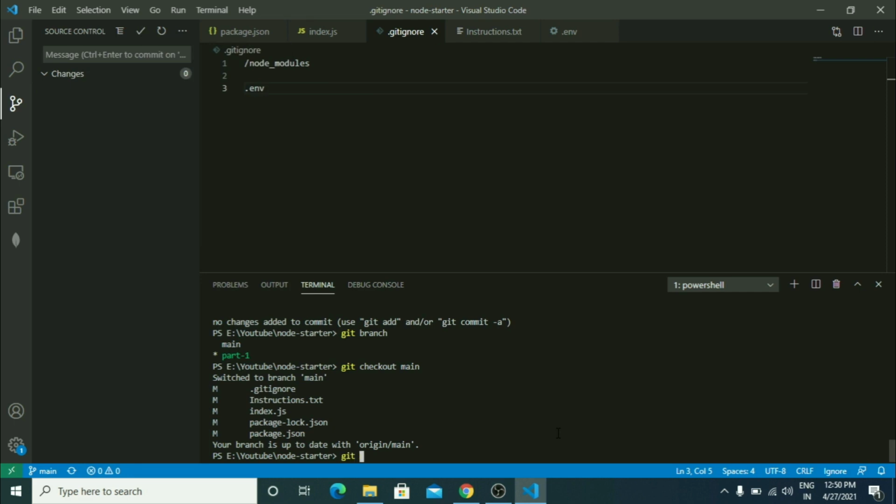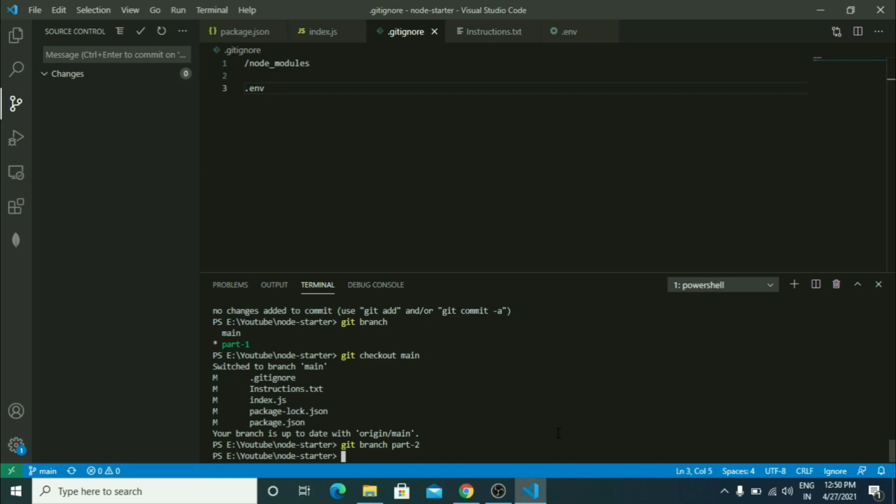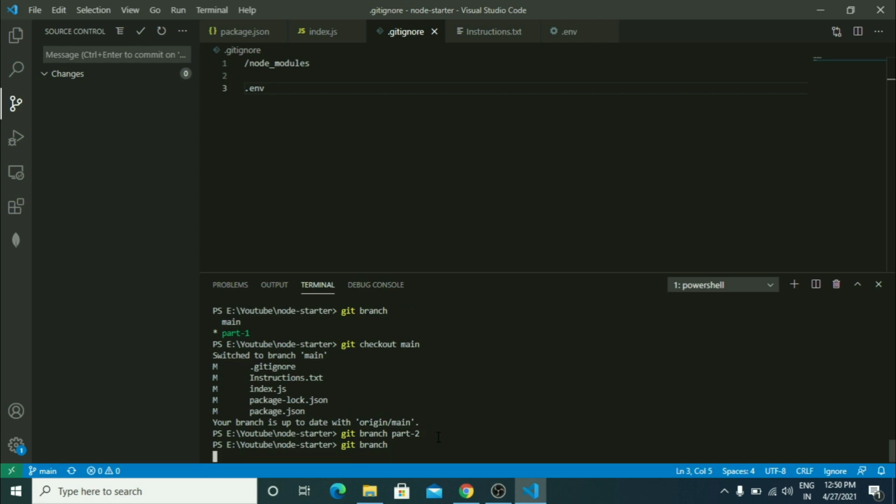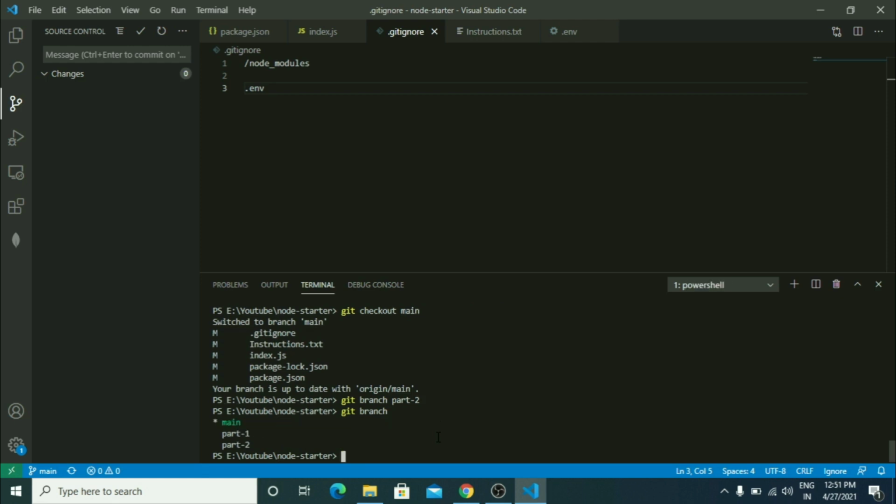Let's create one more branch, git branch node.js part 2, or specify just a name. Git branch, we have 3 branches right now.